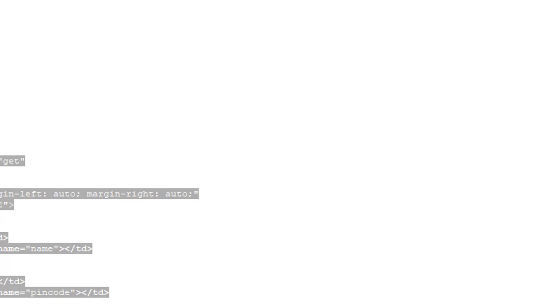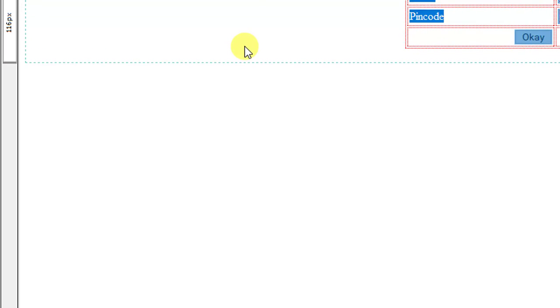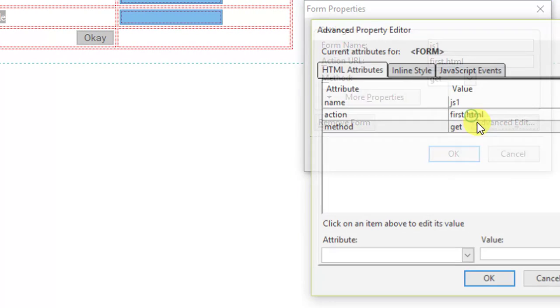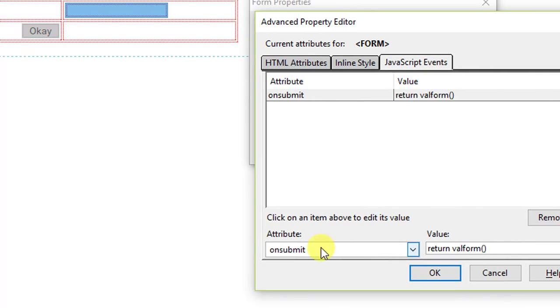For example, here I have written what you can see, the form function, and bracket open, bracket close. And don't forget to write return here. If you are not writing return, your form will not terminate, it will be there only.